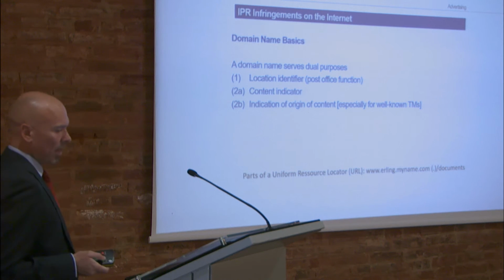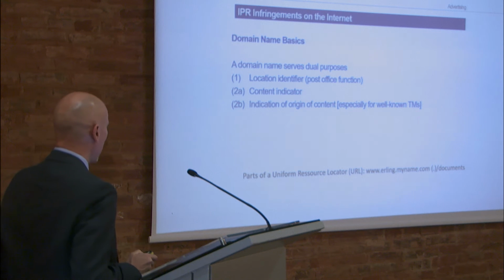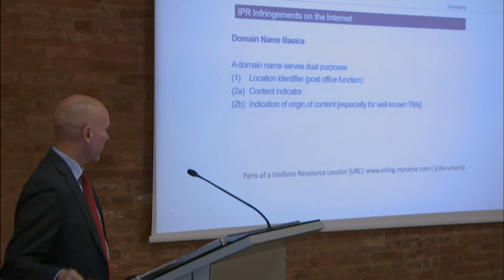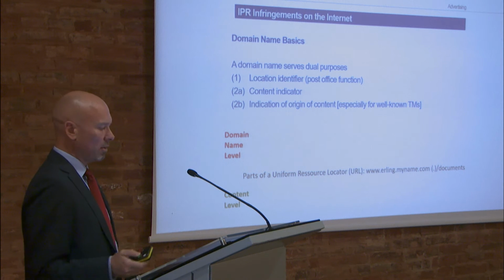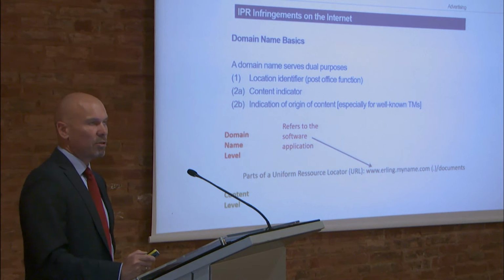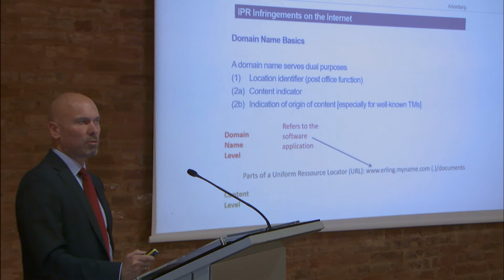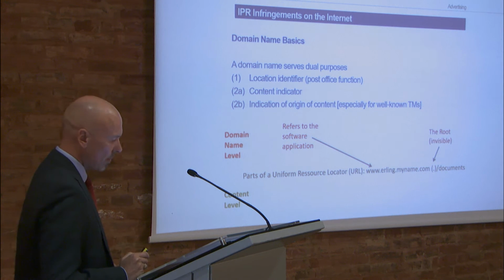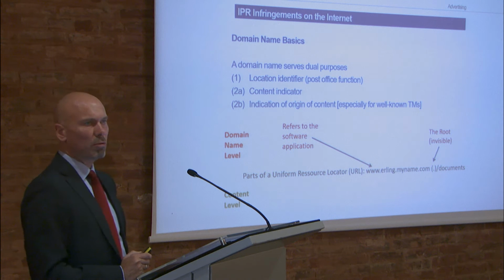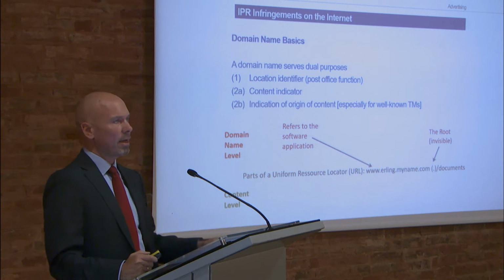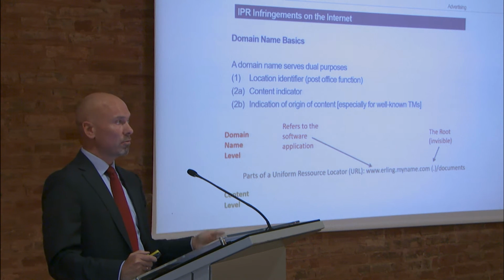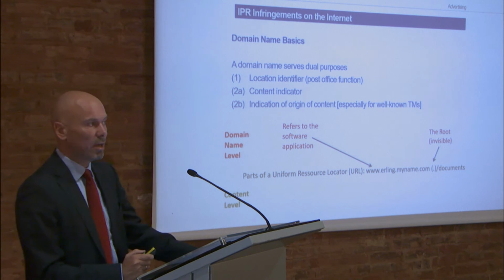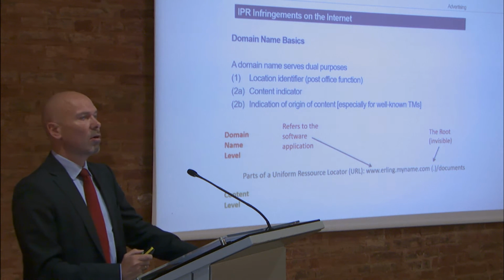If we take this domain name here, erling.myname.com, there's a lot of content in that. If we look at the domain name level and the content level, on the domain name level, the www refers to the software application. Over here is what we call the root that is run by ICANN over in California. In principle it is still under US law, but on the 1st of October this year, there will be a complete